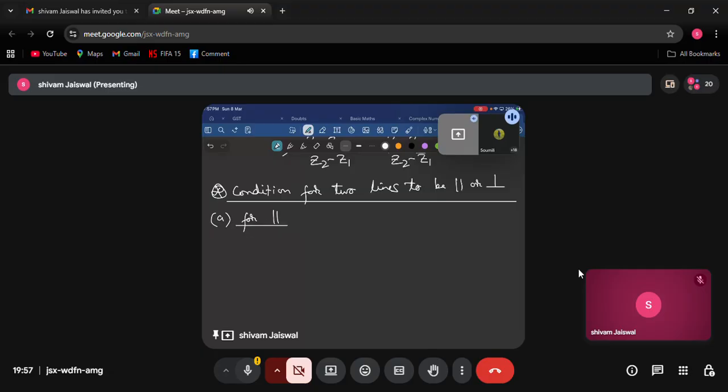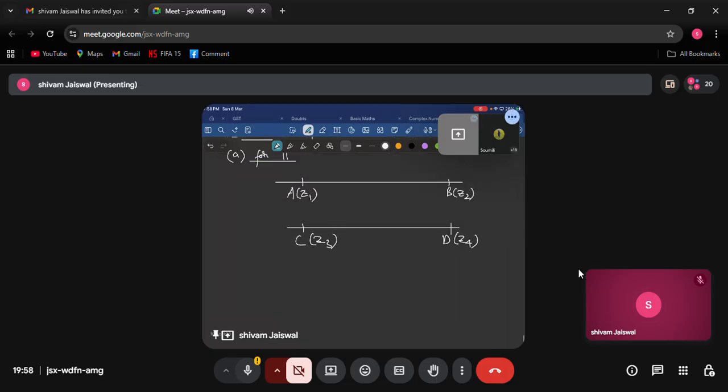Let us say that this is a straight line. Point A is Z1, point B is Z2, point C is Z3, point D is Z4. Okay, so everyone, since these lines are parallel,